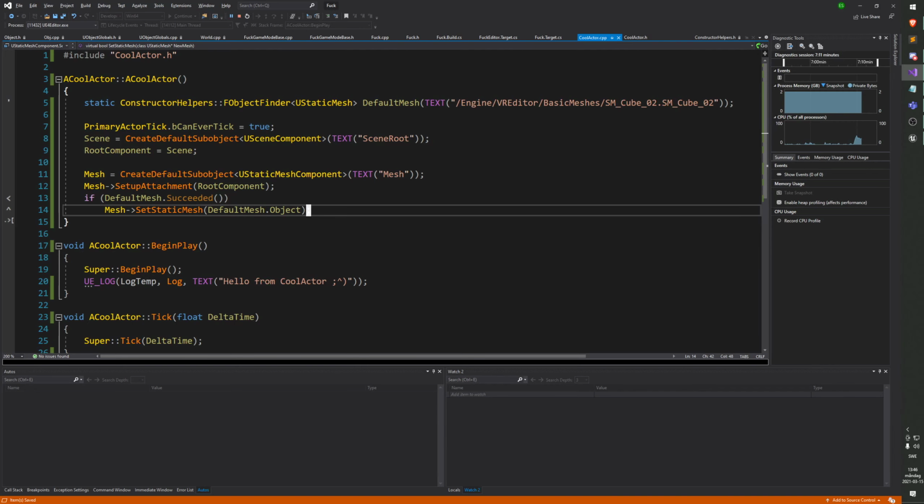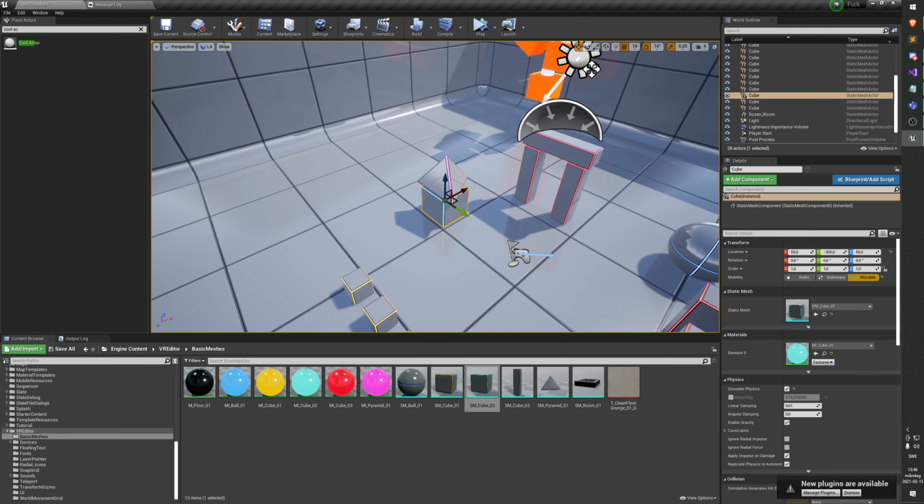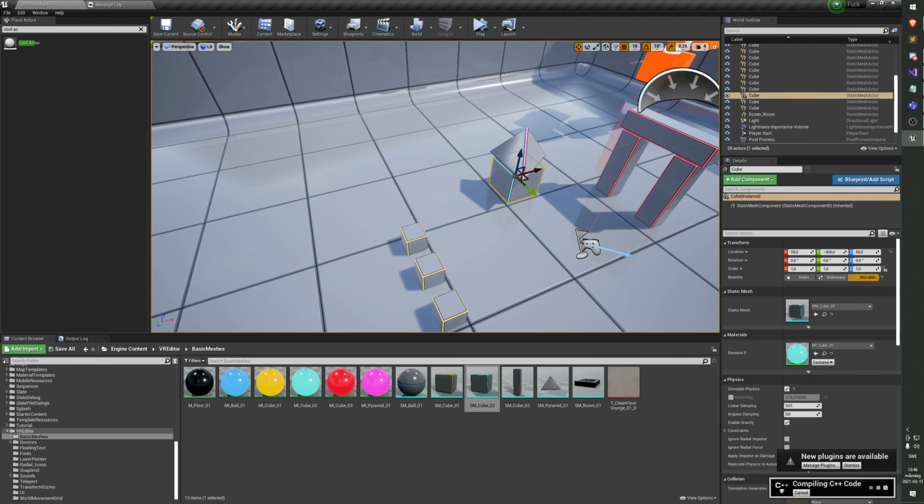So the name of the constructor is default mesh, I'm assuming. Is the name of the struct at the top default mesh? Yes, that's the name of the variable. Right, cool. So here I'm declaring a variable, and the variable name is default mesh, and the type is this horrible thing. And this is just the constructor. Nice. So now if we recompile,